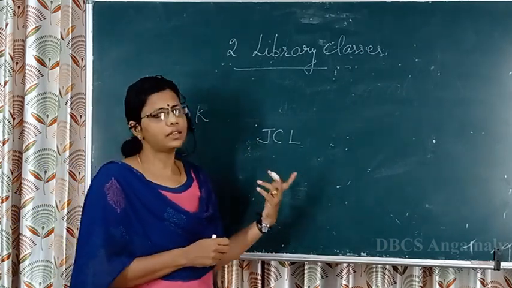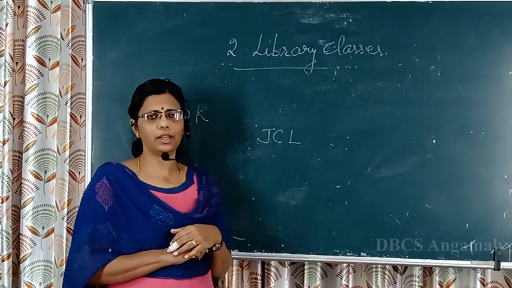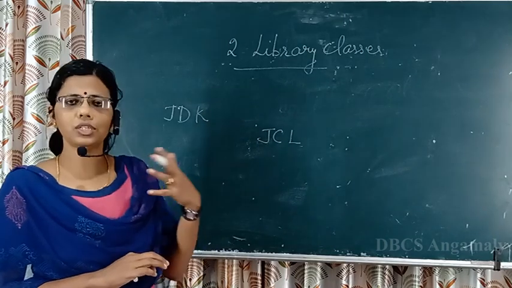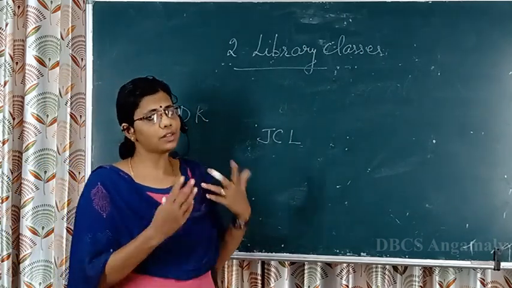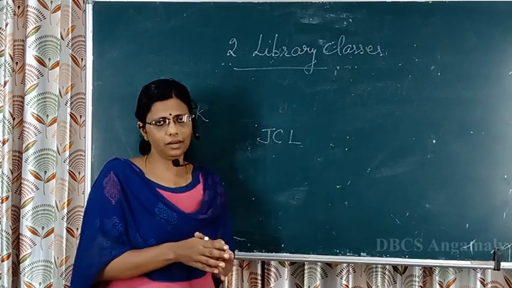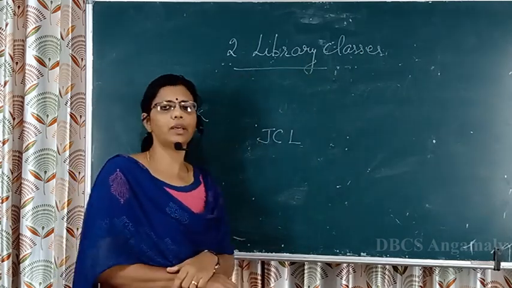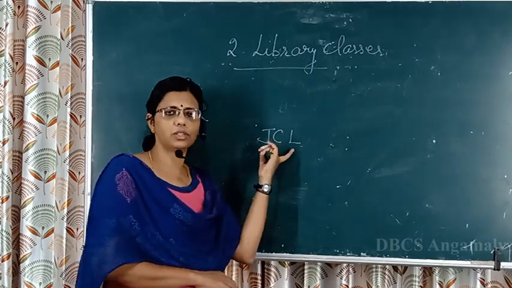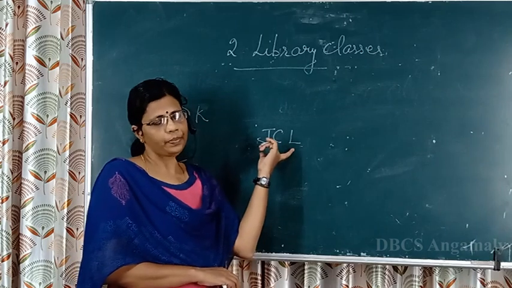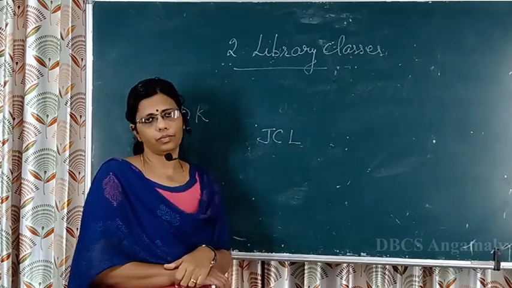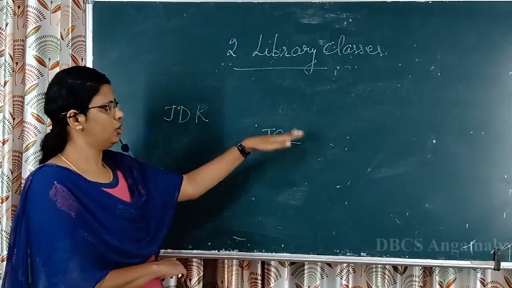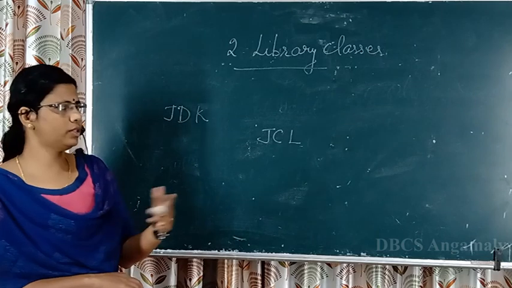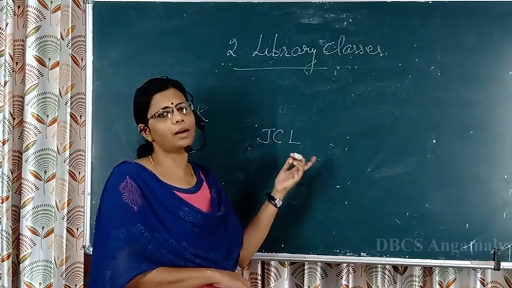And where are these classes stored? We said Java developers have already created so many classes and we are just making use of these classes. Those classes which have been already built in, we call them library classes. And these library classes are present in something called the Java Collection of Libraries. Now, this JCL contains so many classes, n number of classes. We cannot say how many, I cannot say 1, 2, it contains n number of classes.